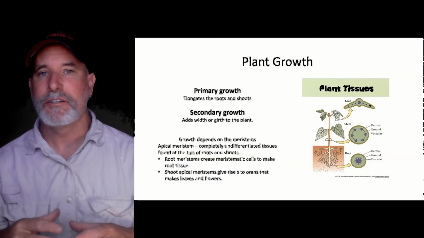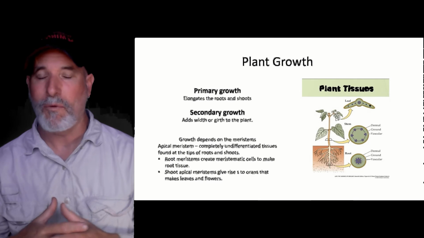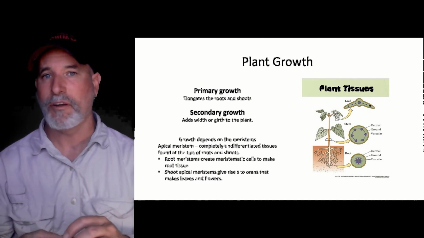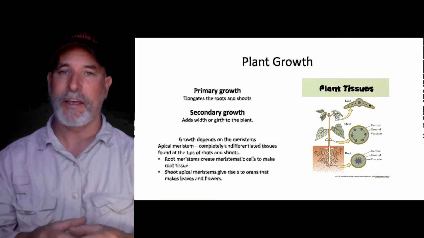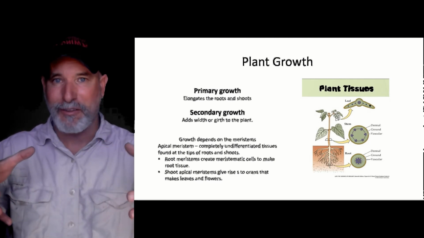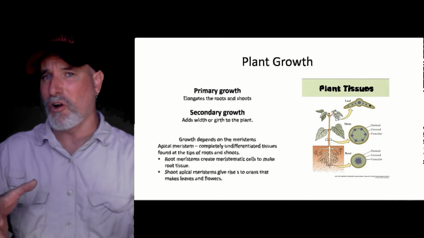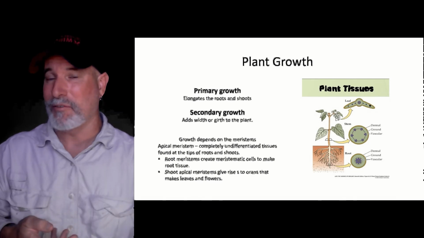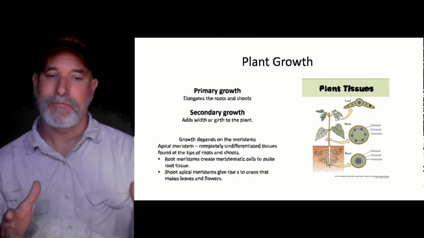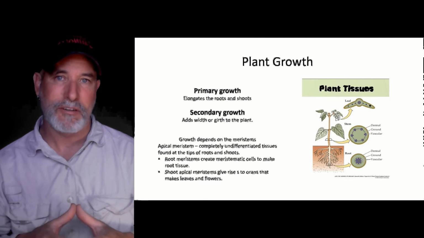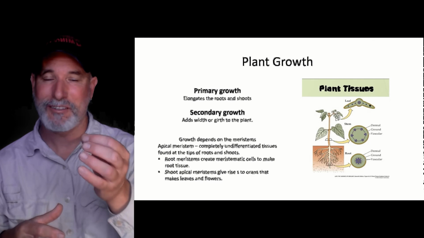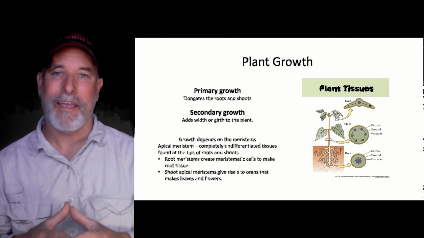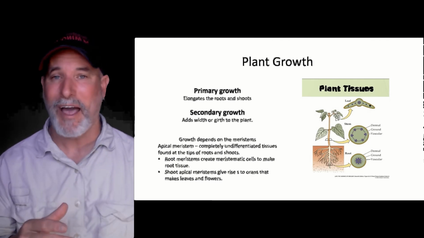So this leads into plant growth. We have, of course, primary plant growth, which is where plants are elongating. And then we have secondary plant growth, where the plant is getting thicker and thicker. Think about a tree growing, that secondary growth. And like I said, this comes from our meristems, whether it's an apical meristem, found at the tip of the shoot, or a lateral meristem,